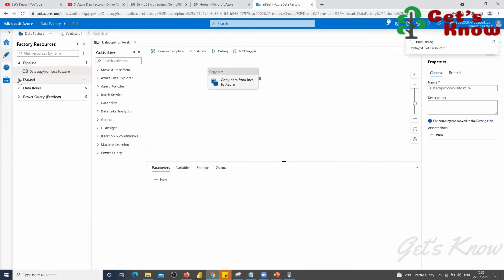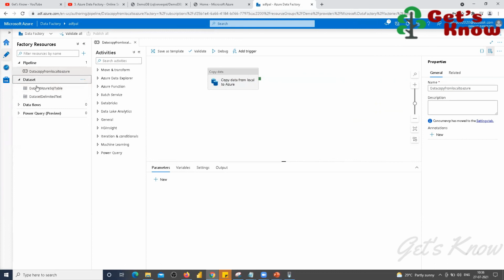Meanwhile, we can check the datasets. You can check all the datasets you have created. Here it will have all the datasets. However many pipelines and activities you create, for all types of activities and pipelines we create datasets.